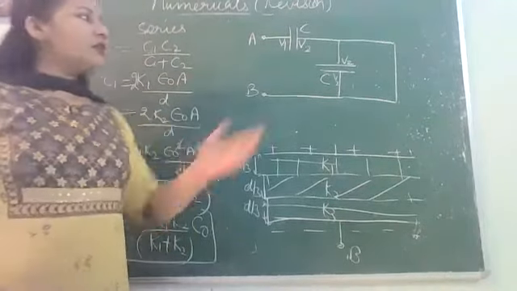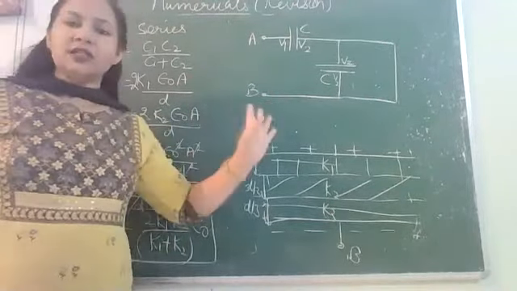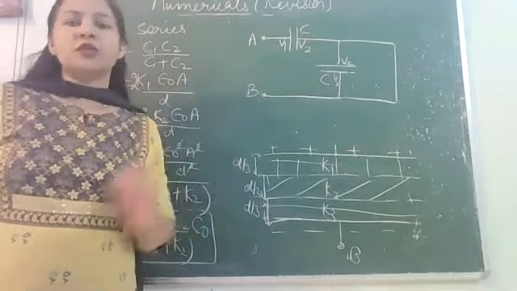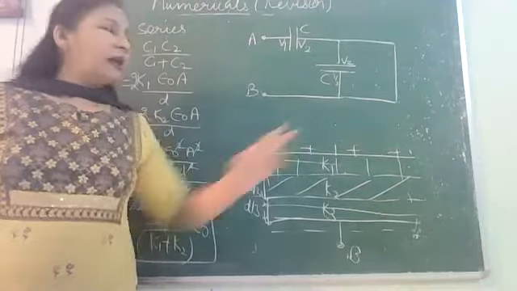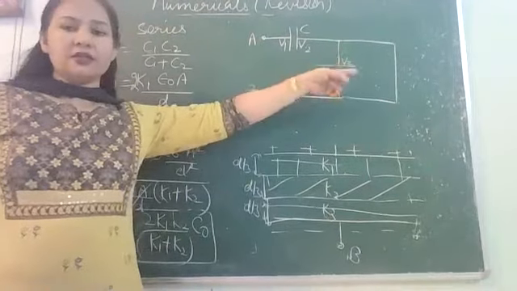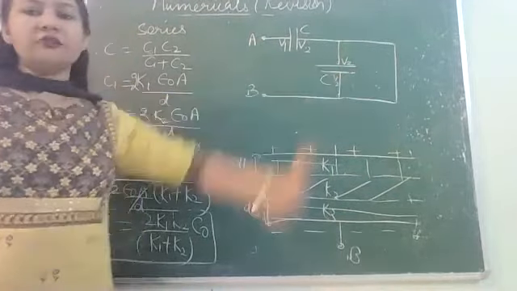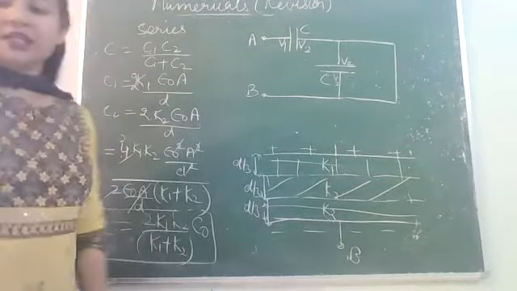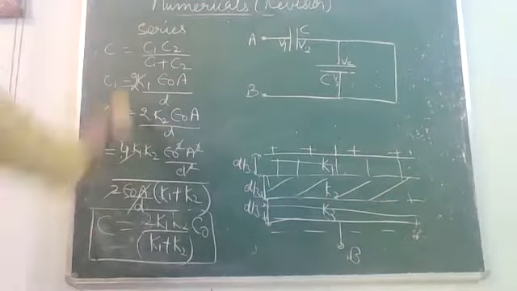So what is the answer of this network? Only C. It is not C by 2 or 2C. ना ये series में ना parallel में, ये capacitance ineffective हो गई है, because you see there is no potential difference across it. Okay, so on these lines let us do one question.